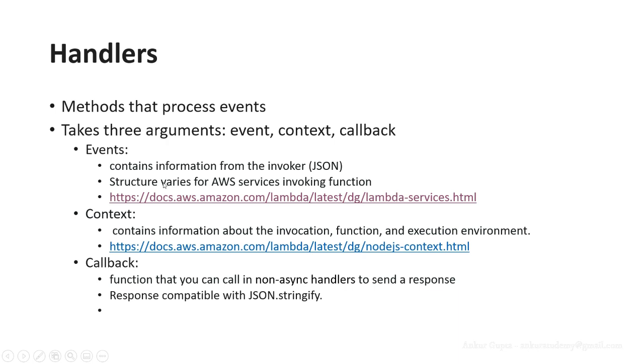Right now the structure of the event will vary, so it will always be a JSON, but the structure will vary based on what AWS service is actually invoking the function. So if I click on this link,